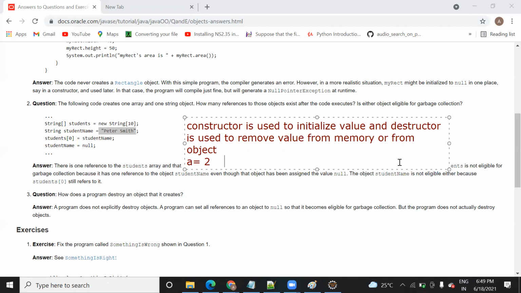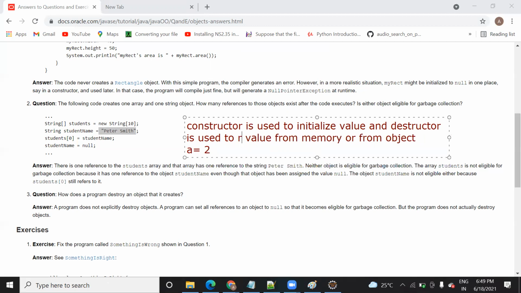So you can say it removes or releases the value. It is similar to holding a value and releasing a value, or occupying a memory and releasing a memory. So constructor means occupying a memory, and destructor means releasing a memory.